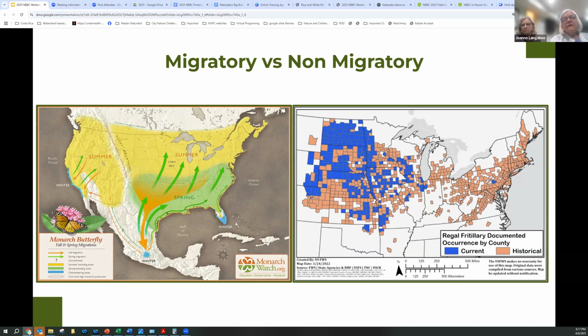No, they can overwinter. We got like 3 that overwinter as adults. They can overwinter as pupa, eggs, or the chrysalis. It just depends on the species as to which form they overwinter in. Lovely. So again, we have those migratory, non-migratory, and then we have the overwintering species as well.